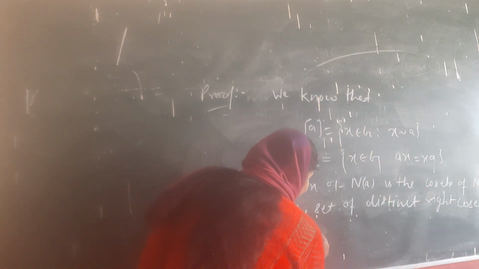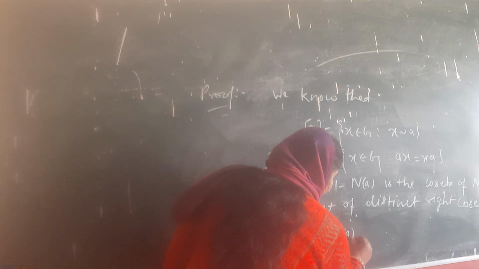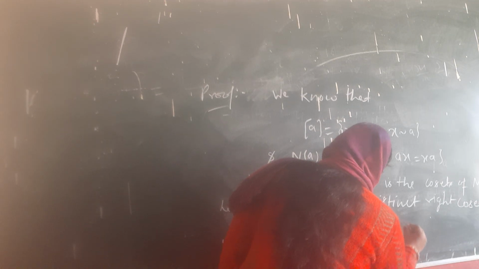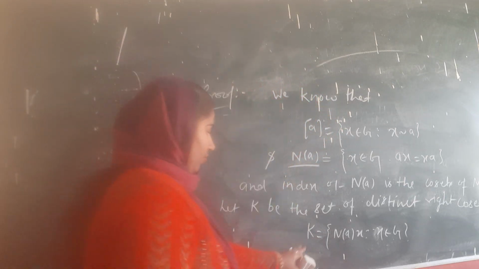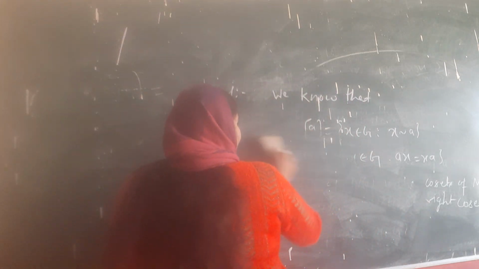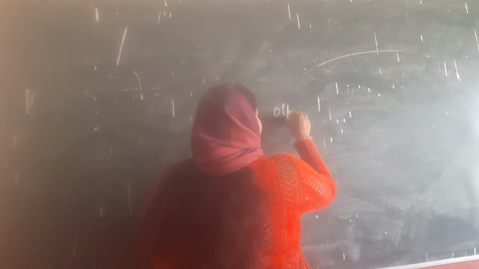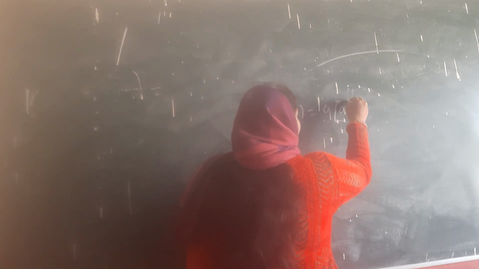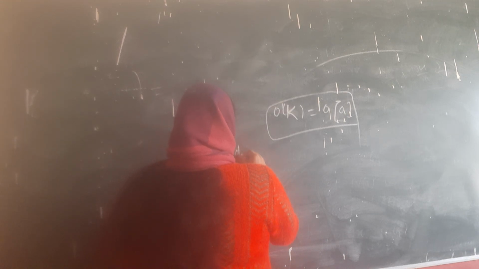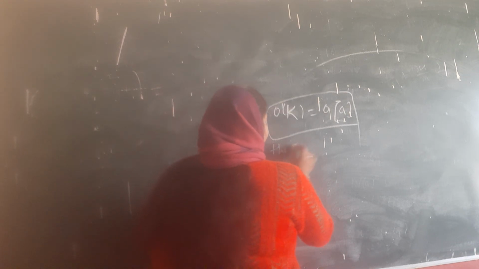That is K is equal to N(A)x, x belongs to G. हमारे पास it means we have to prove that order of K is equal to order of conjugate class of A. For proving this we have to consider the mapping F from K to conjugate class of A defined by